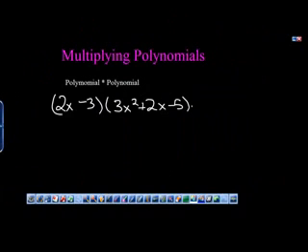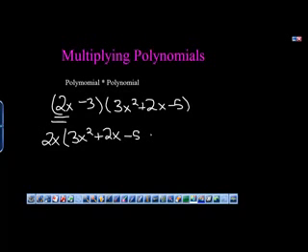When multiplying a polynomial by another polynomial, you will want to take the terms from one of the polynomials and distribute it to each term from the other polynomial. In this case, I'm going to take the 2x minus 3 and distribute those terms to each of the 3x squared plus 2x minus 5. Beginning with my term 2x, I will multiply that by 3x squared plus 2x minus 5, and then I will combine that with my second term, which is negative 3, and I will distribute that to 3x squared plus 2x